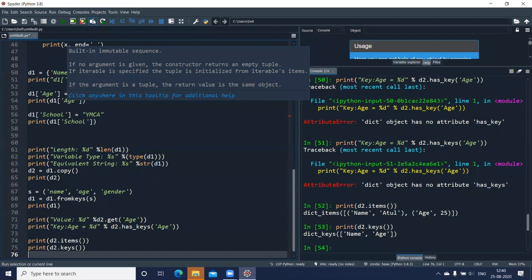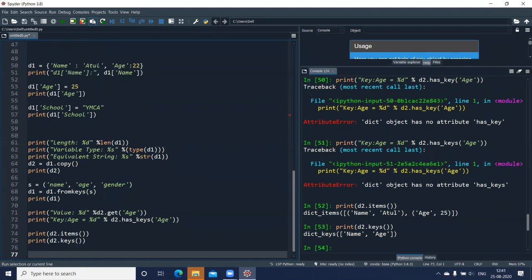You can also make use of values if I want only the values. You can convert this into a list as well, or you can also update it. Let us say I want to create one more dictionary. Let us say D1, because D1 is having nothing in it. So I'll create D1 equal to, in curly brackets, the key gender, colon, and I'll put the gender as male. I'll execute this line.